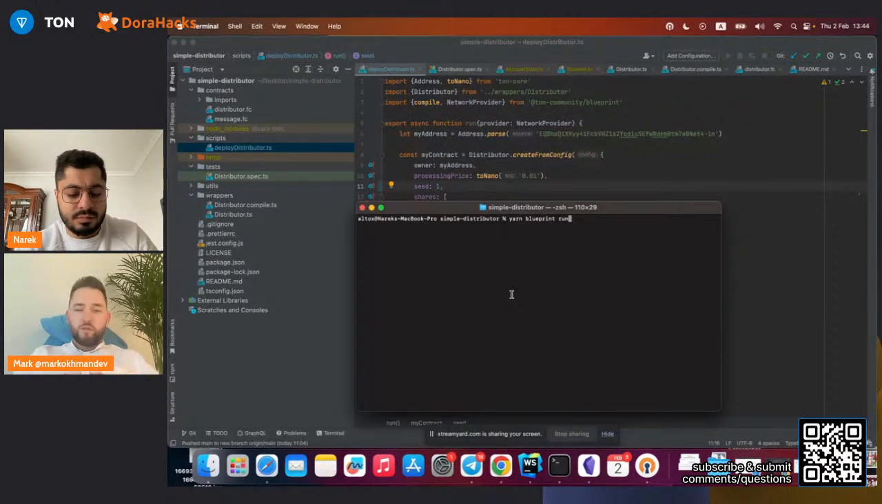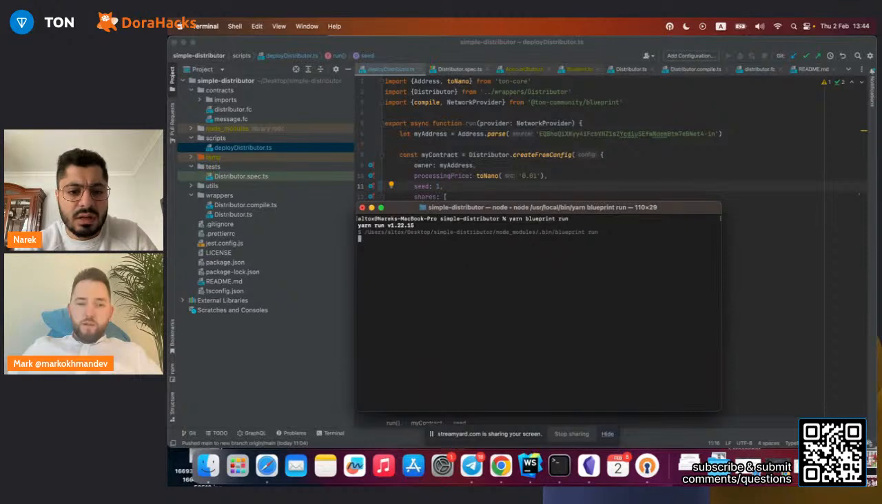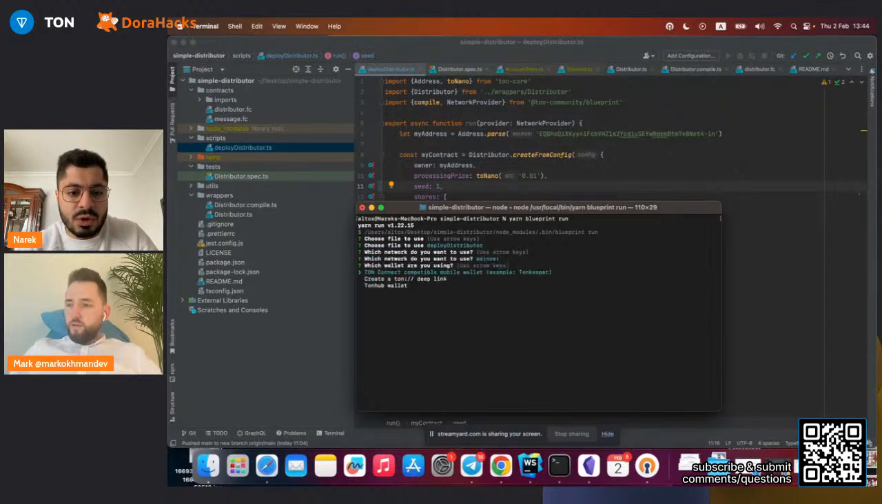Narek is going to continue using Blueprint, so that you have a lot of scripts already ready for you out of the box. Yes. So in order to run user-defined scripts, you just do yarn or npx or npm blueprint run, and you choose the script. We have a single one. We choose the deploy distributor script. We choose the network. We choose the wallet method we are going to use. So I choose the TON-compatible wallets like Tonkeeper. And since I already connected it yesterday, it just shows